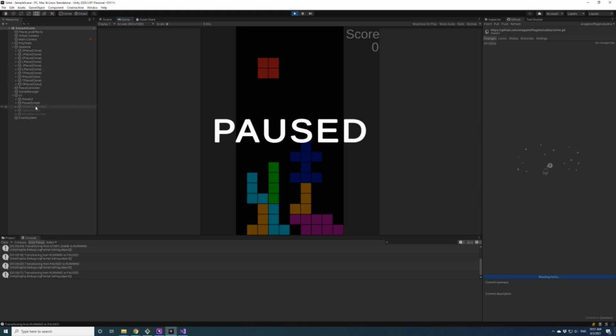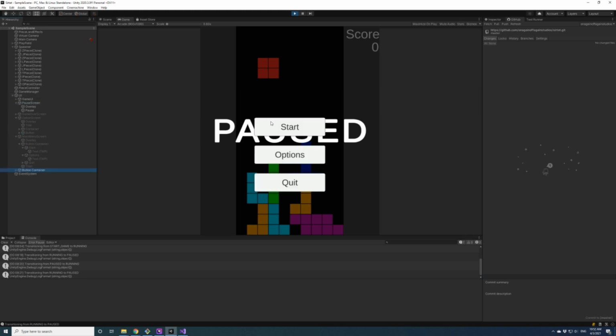So if we look at our UI on the pause screen, currently we don't have any buttons, but we're going to want some buttons. So we'll copy the button container from our main menu.